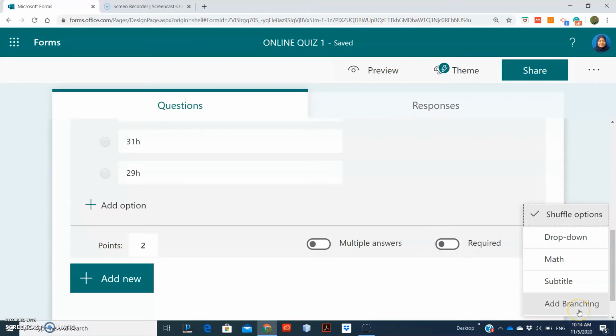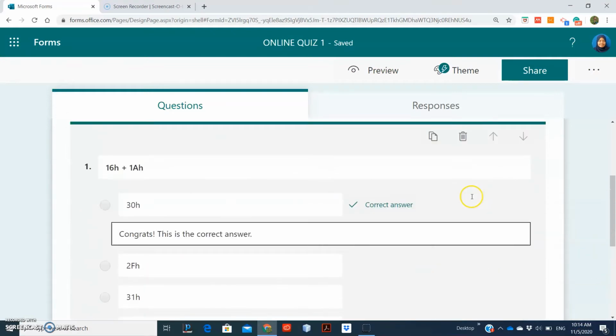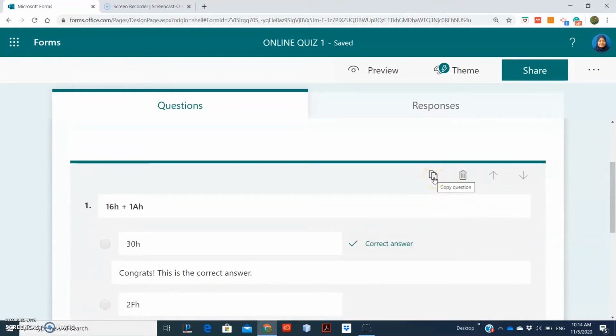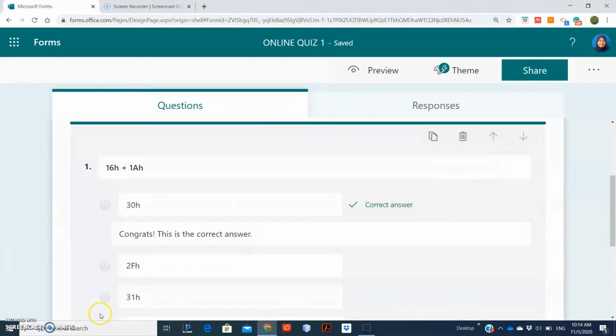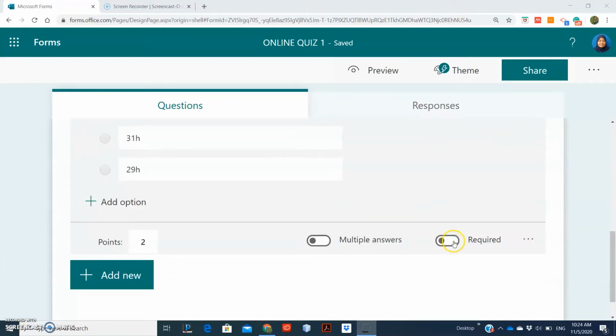Okay, and then for each question, you can duplicate the question. You can also delete the question. You can also rearrange the question by moving the question up and down. Okay. I'm going to make all questions mandatory. Okay, so now let us try to create